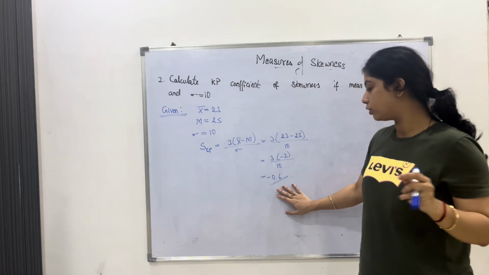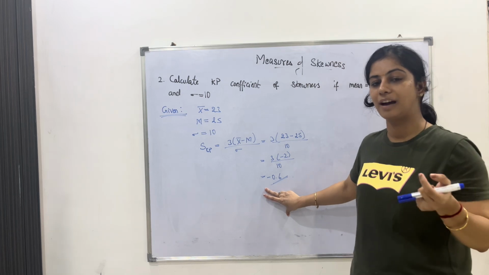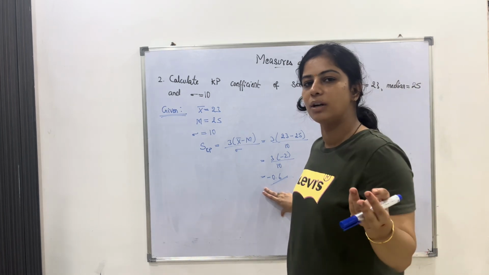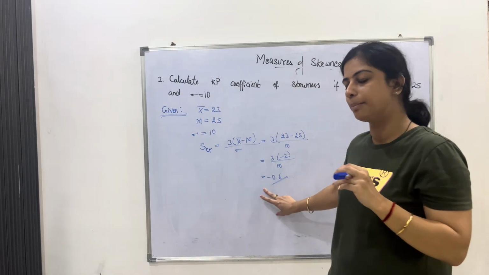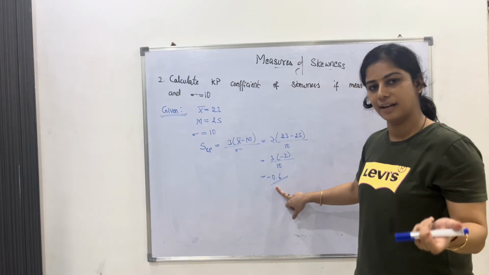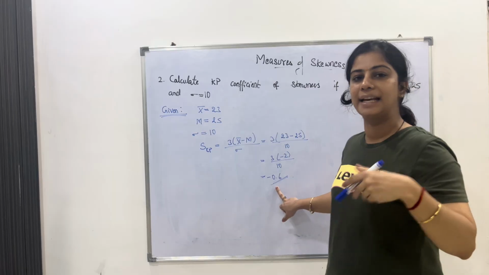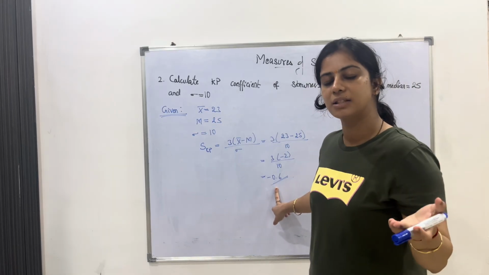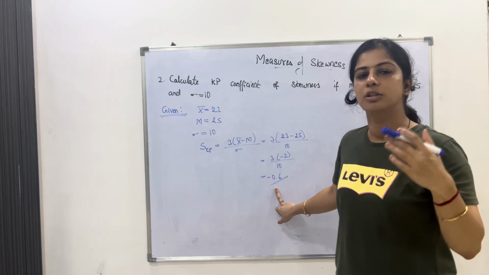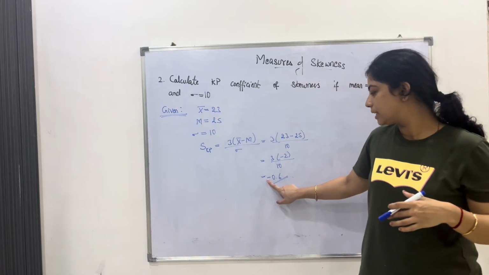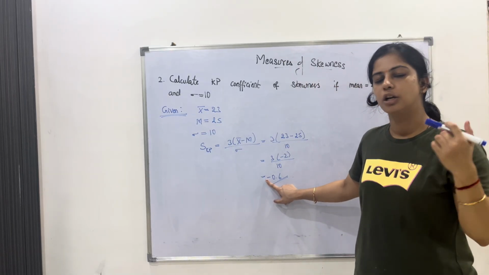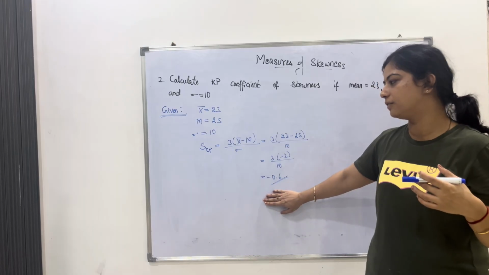So in this case also, we have the value in negative terms. As we have already seen, the range lies between minus 1 and plus 1. So it is lying between the range. So this answer is right. Or you can call this answer negatively skewed. In the previous question, we had a positive value, so that could be called positively skewed. And here in this case, since a negative sign is attached, you can call this negatively skewed.